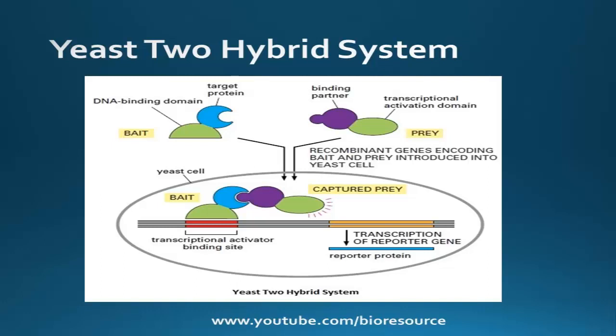Many potential binding partners can be prepared by ligating DNA encoding the activation domain of the gene activator protein to a large mixture of DNA fragments from a cDNA library. The cells that express this reporter are selected and grown, and the gene or gene fragment encoding the prey protein is retrieved and identified through nucleotide sequencing. Through the 2 hybrid system, a protein linkage map has been generated for most of the 6,000 proteins in the yeast cell,